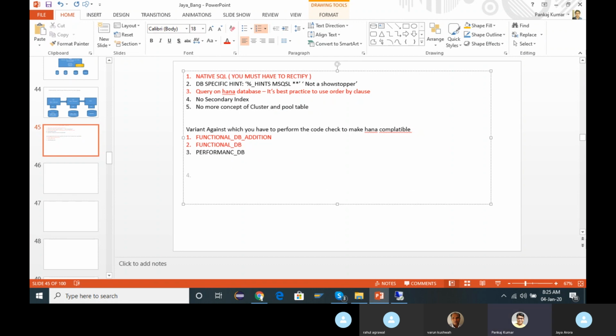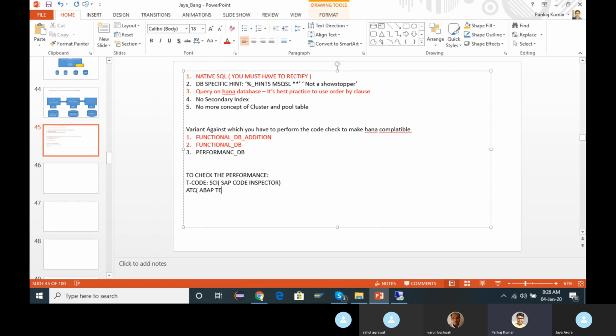And the HANA specific tools, to check the performance: the T-codes we are going to use are SCI, which means SAP Code Inspector, and the other T-code is ATC, ABAP Test Cockpit, a very powerful tool.